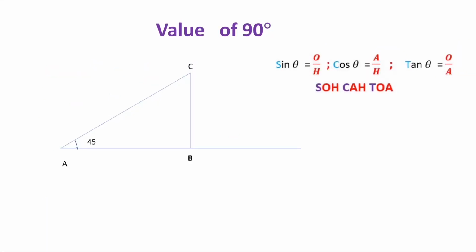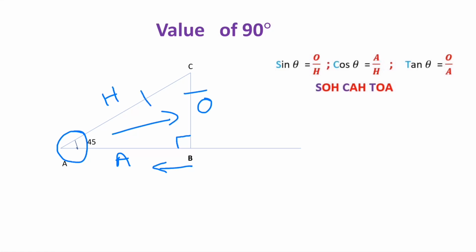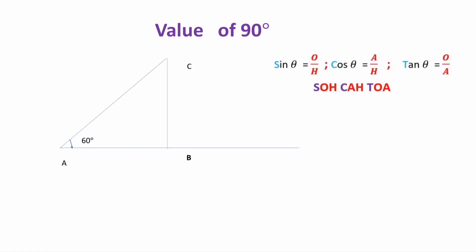The value of 90 degrees. So in this right angle triangle, this is 90 degrees. The hypotenuse is AC and the opposite side of this angle is BC. Adjacent side is AB. So now if we increase this angle towards 90 degrees, BC will move to the left hand side and the length of BC is increased, AC is also increased and AB is reduced. So let us see this 60 degrees. BC is moved to left hand side. Previously B was here. Now this is the point of B. So now AB is reduced and these two are increased.